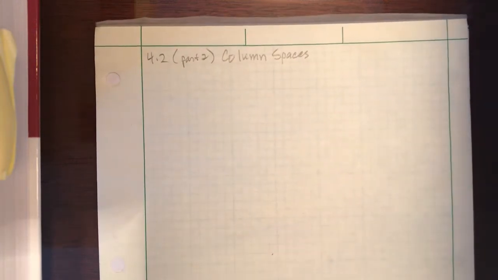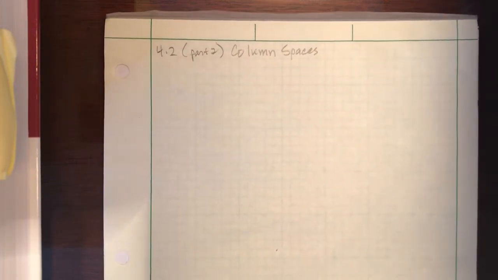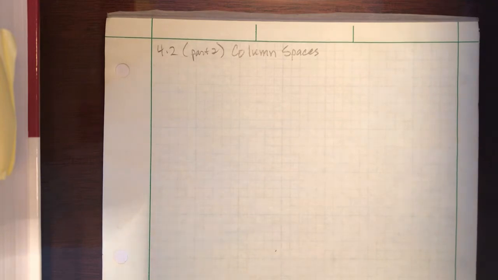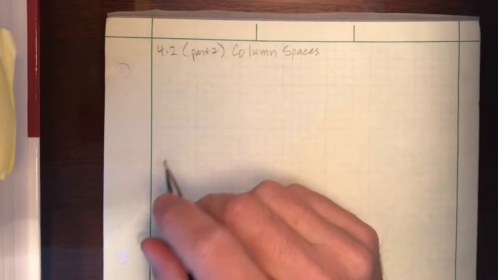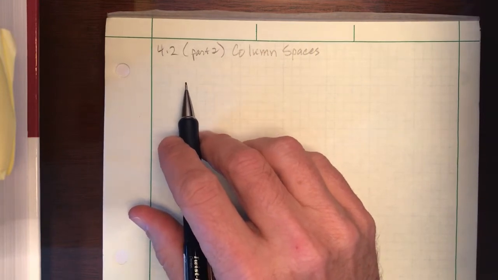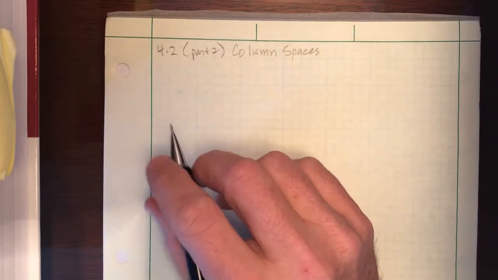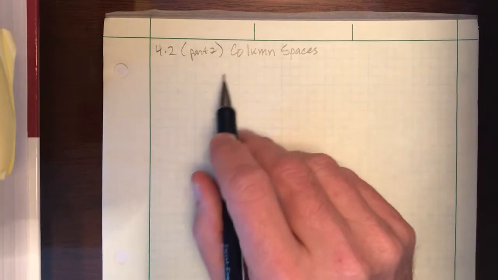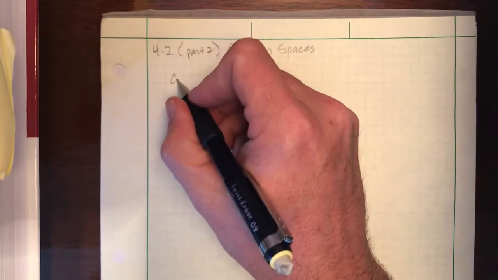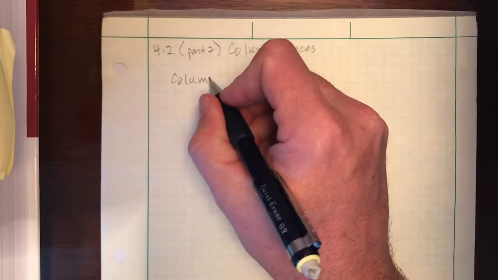In my last video, we learned that a matrix has a special kind of subspace called the null space. It turns out every matrix also has another type of subspace called a column space, which we're going to learn about next. Even though with the null space it took some effort to find it, it wasn't awfully difficult to end up getting that null space. Well, the good news is a column space is even easier than the null space, because the definition of a column space